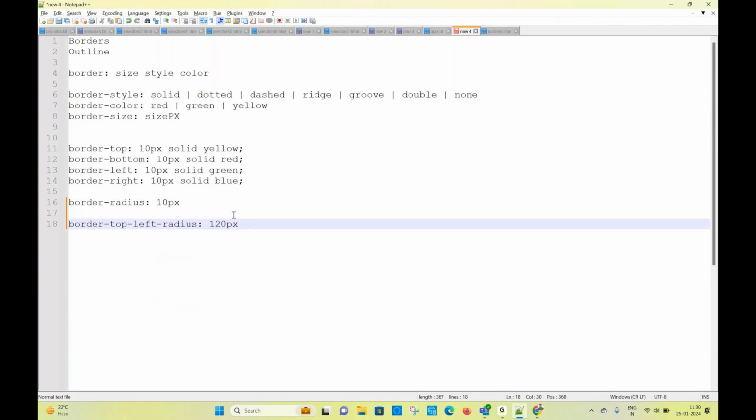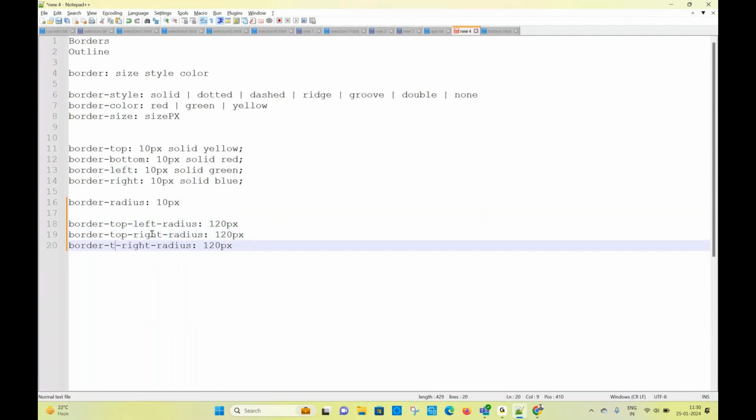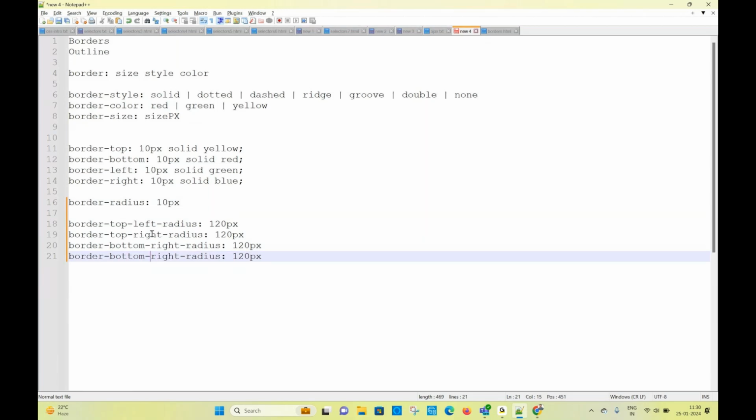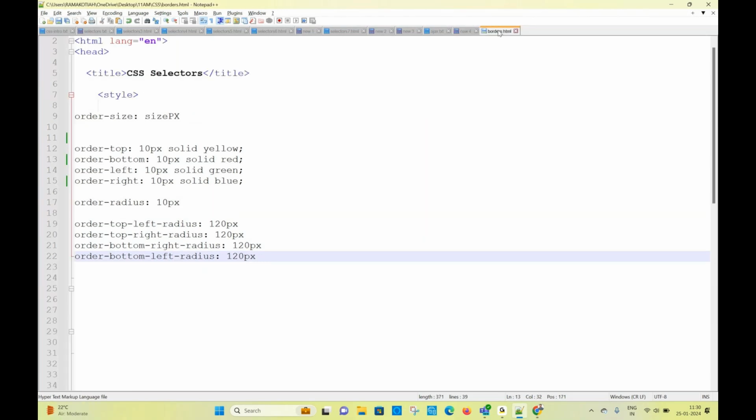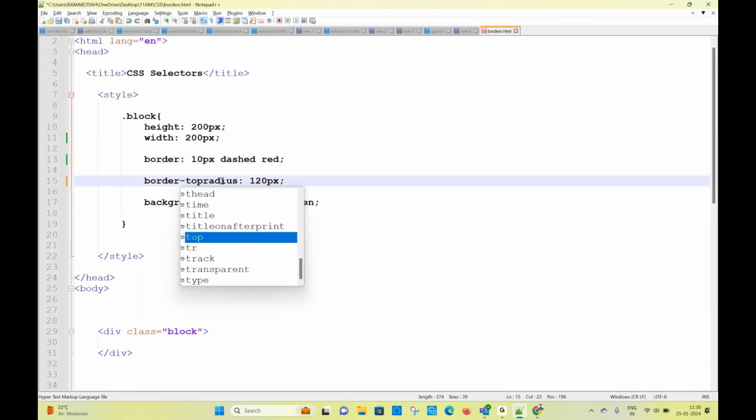Border top left radius, border top right radius, border bottom right radius, and bottom left radius also we can write: bottom left, bottom right, top left, top right. So what is going to happen if I write like this? Let us see. I have border radius, all four sides 120 pixels. Now I am writing border-top-left-radius, border top left radius